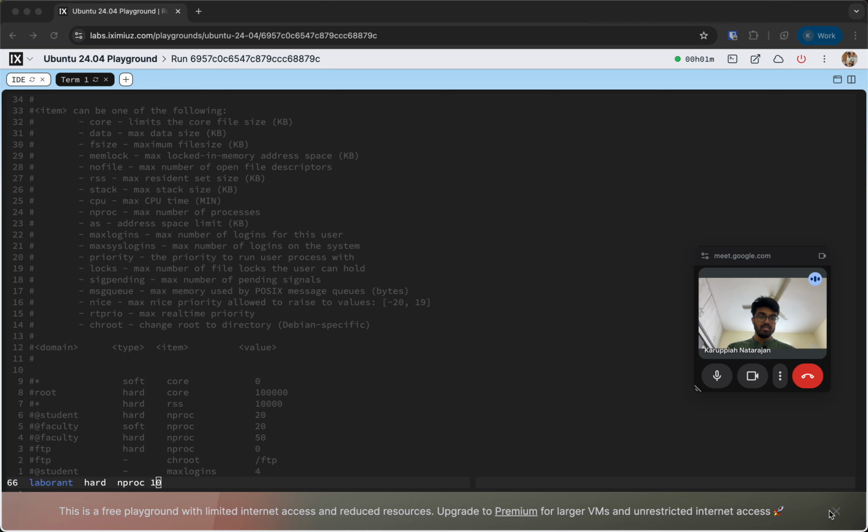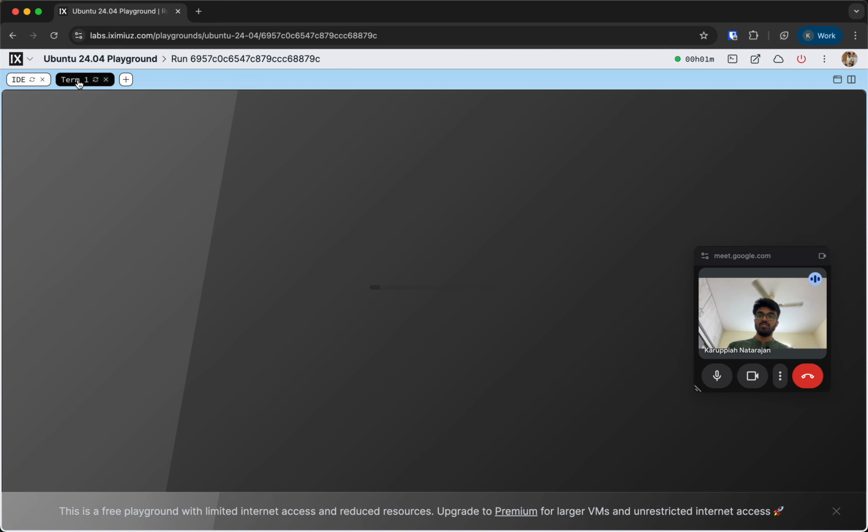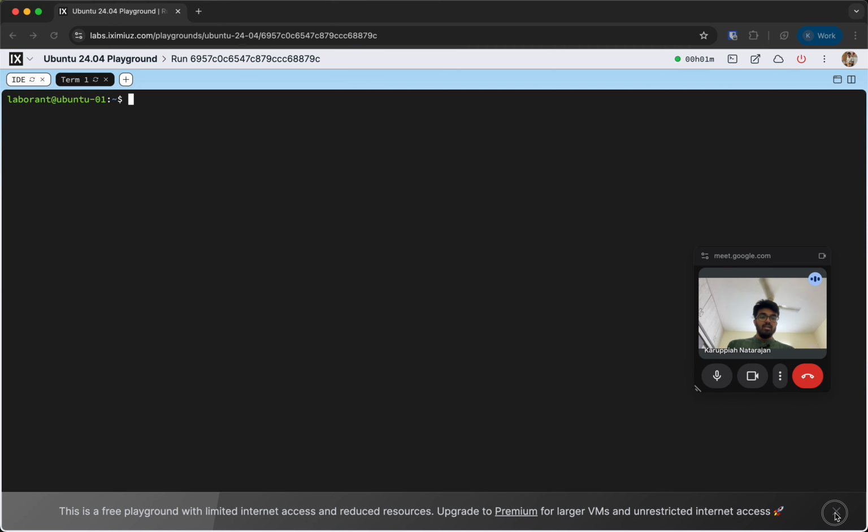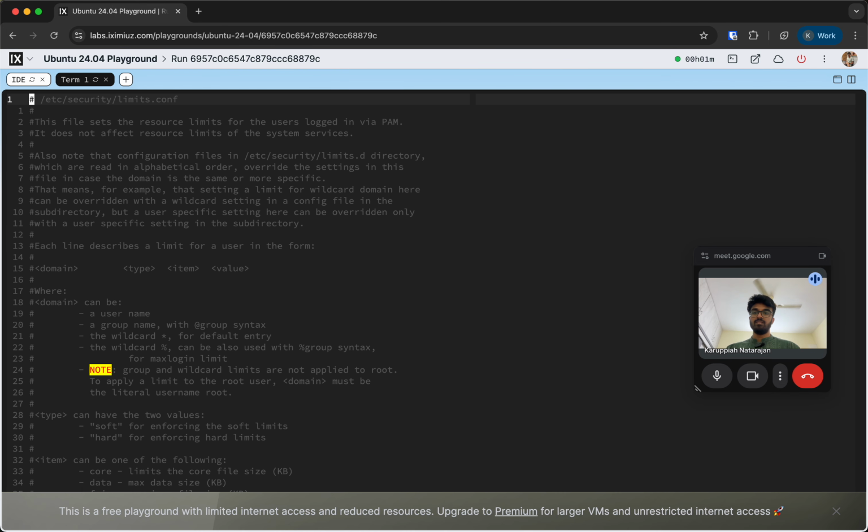I think I can't save this because I didn't open it as a root. Damn it, I'm not able to close it also. How do I close this? Anyways, let me just go ahead and do sudo vim